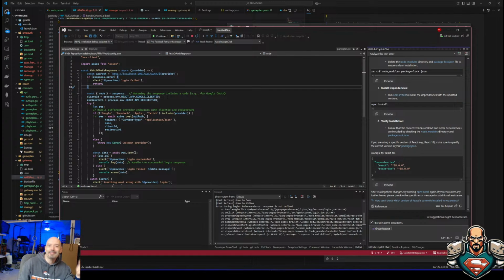The thing is, I was given this code by... But look, I have let res. Res is going to be the response. The response is going to be this. So really, code equals response, assuming the response includes a code. Yeah, this is wrong. I'm going to take this out.